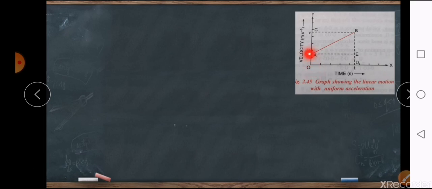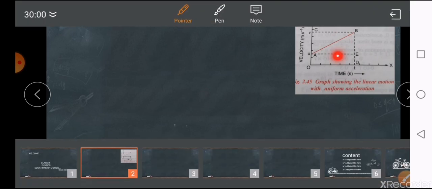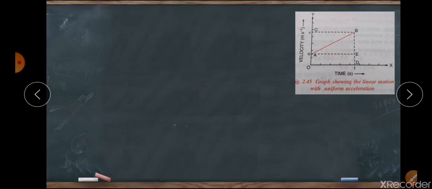That is, either you can find out the area of a trapezium using the direct equation for a trapezium, and the second method to find the area is that you can split this area into a triangle and a rectangle, find the area separately and add it together, you will get the total area. So these are the two ways by which you can find out the area of the given graph.